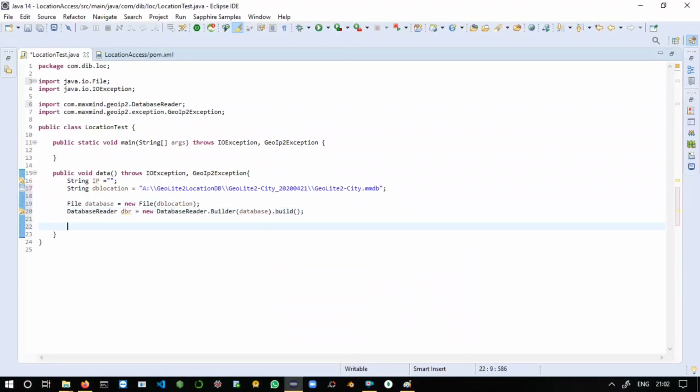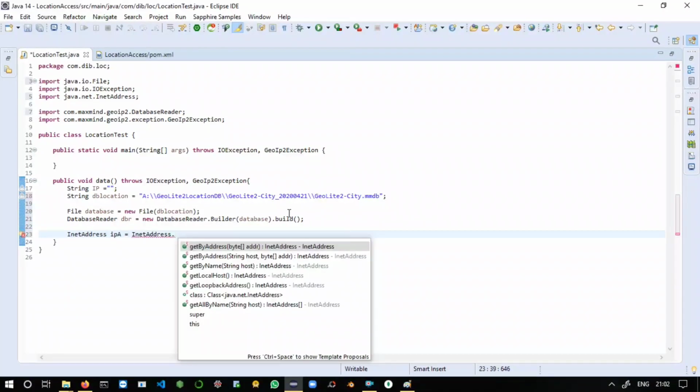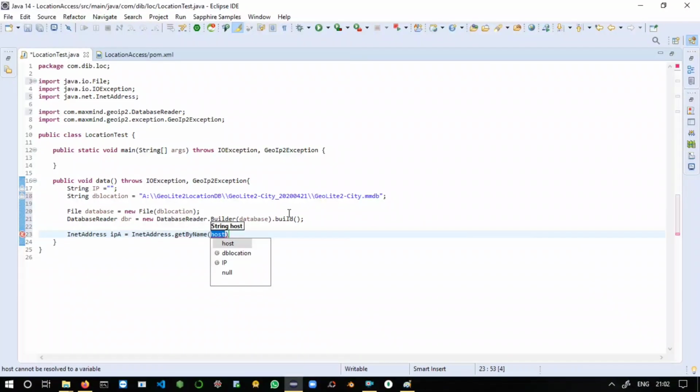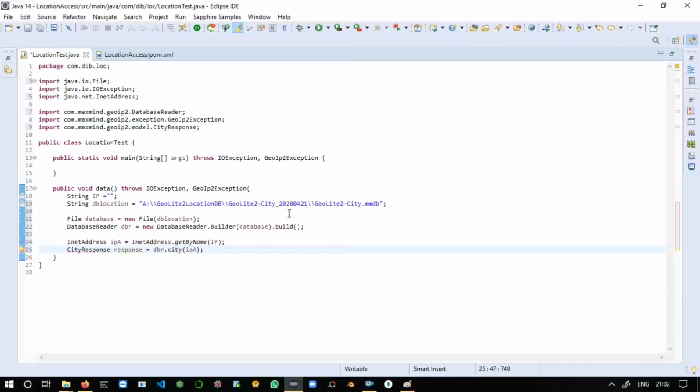Fine. So here you can say InetAddress ipa equals InetAddress.getByName, and pass the IP here. After that, you can say CityResponse response equals dbr.city, passing ipa here. Here we have to collect the information.